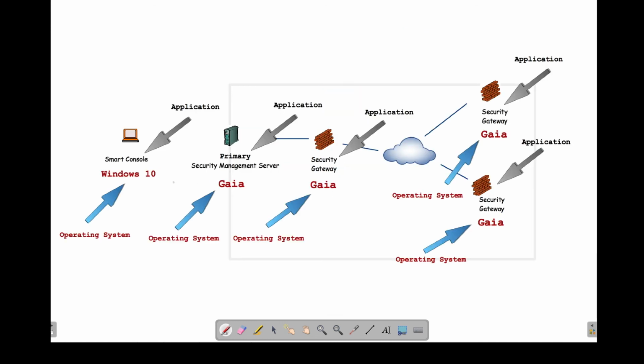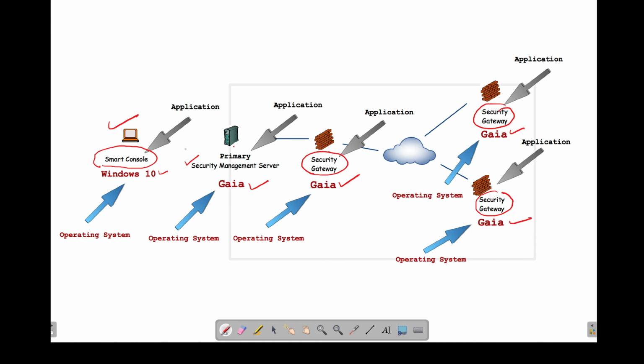Something like this. Let's say the Smart Console system here is a Windows 10 system running the application called Smart Console. On the management server, I install Gaia OS, and on the Gaia OS, I install the Security Management Server application. Similarly, on the systems acting as security gateways, we install the Gaia operating system, and on the Gaia OS, we install the security gateway applications.